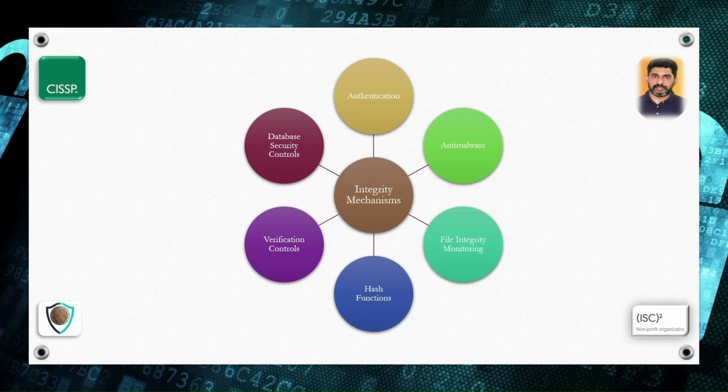And then we have, in databases, certain integrity mechanisms built in. In databases, if one entity is working on a particular piece of data, other entities will not be able to access it. So locking is when one entity is working on data, the data will be locked. At the same time, if other parties have access to it, then integrity violations will happen.